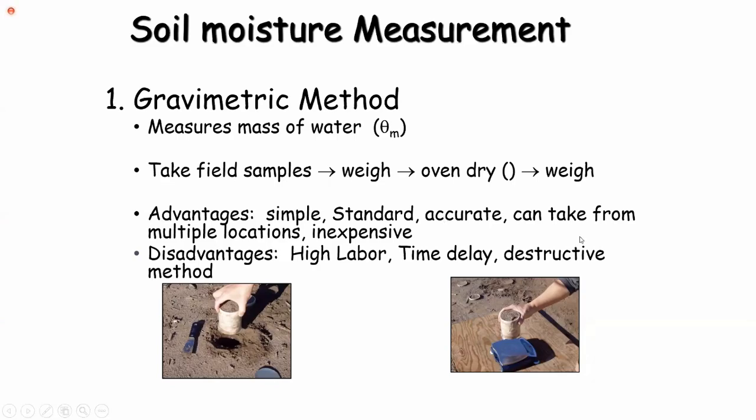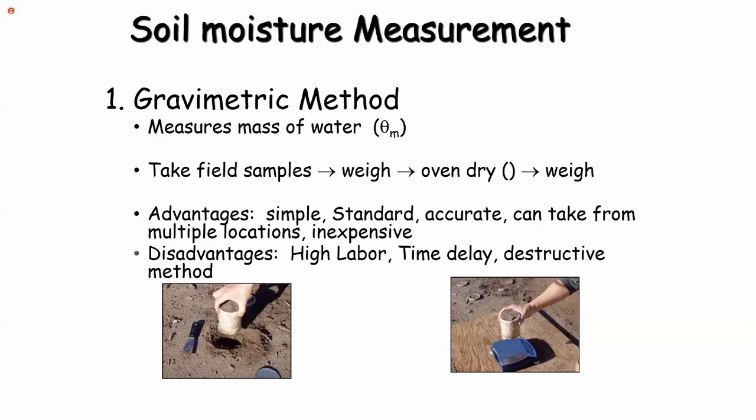Then you oven dry it until you get a constant weight. That means you remove all the water from the soil. Then you weigh. So the difference between the two is the weight of water. Okay. So the advantages of this method is it is a simple method and it is the standard method, because